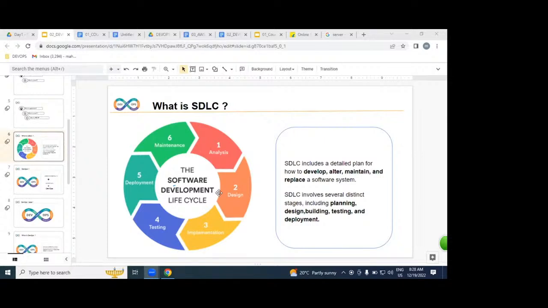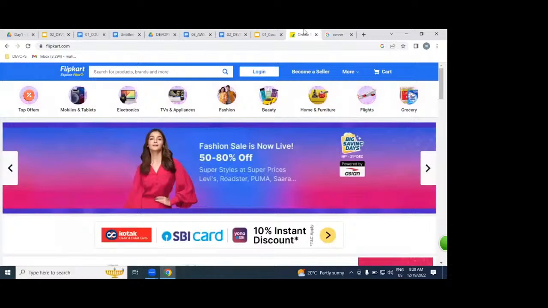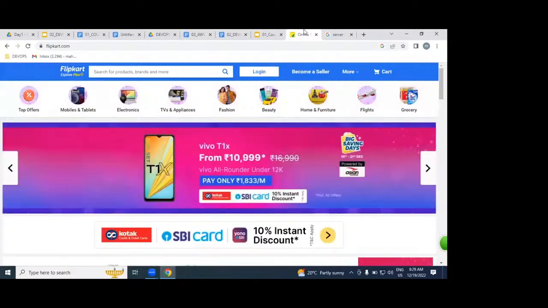By the end of this SDLC, we can produce a software. The software is placed on the server side, then we access it as an application. Understood very clearly.